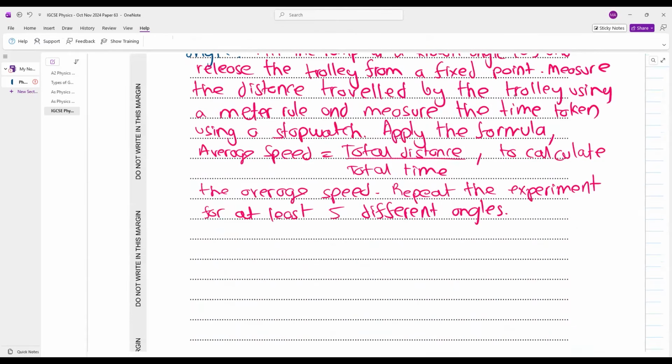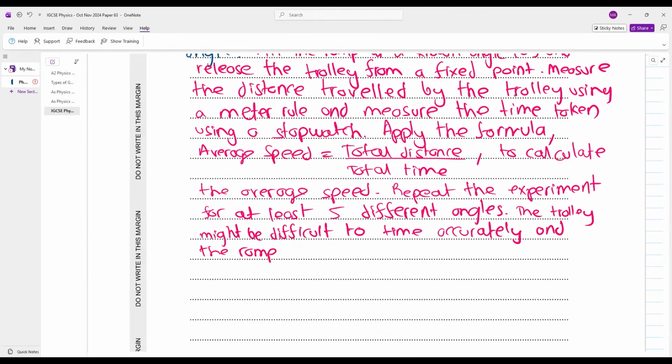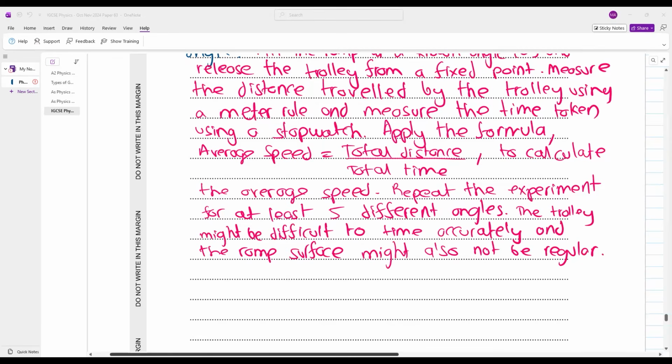the trolley might be difficult to time accurately and the ramp surface might also not be regular। रैम्प का सरफेस भी क्या होगा? इरेगुलर होगा। सो दैट्स अ सोर्स ऑफ इनएक्यूरेसी, डिफिकल्ट टू टाइम एज वेल।